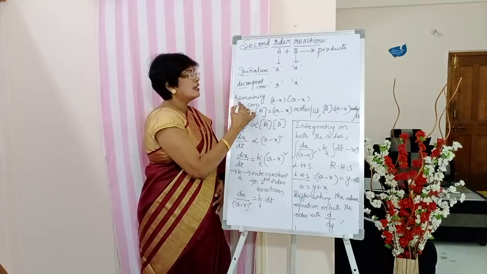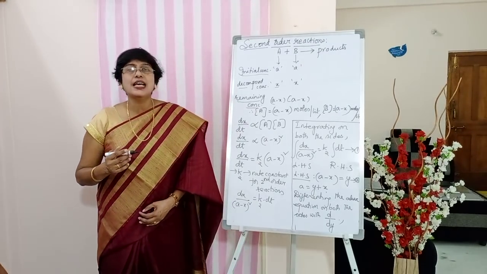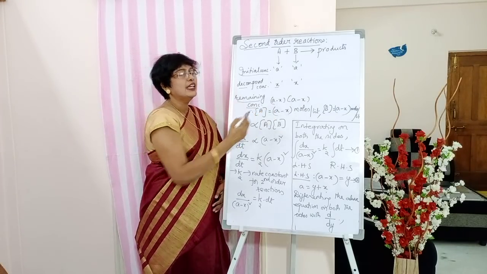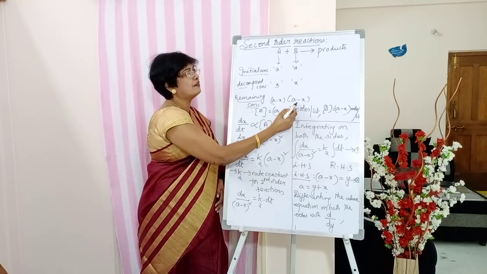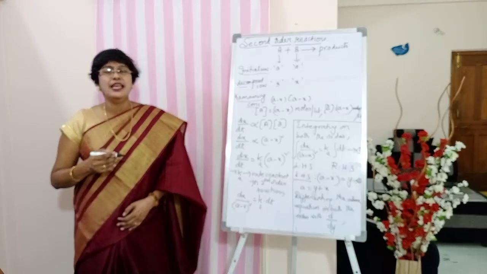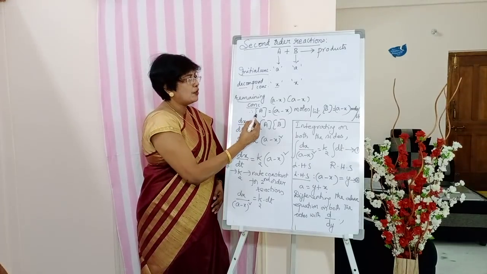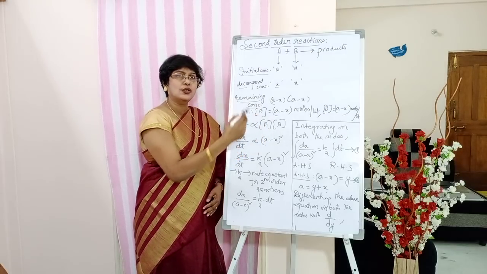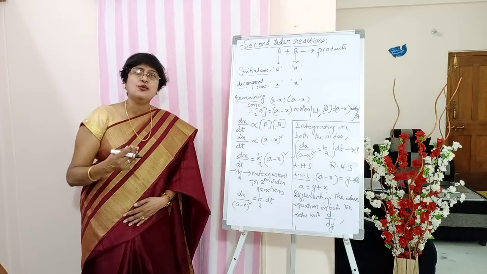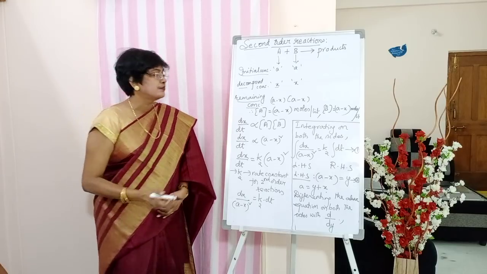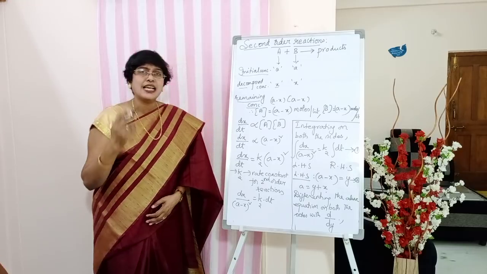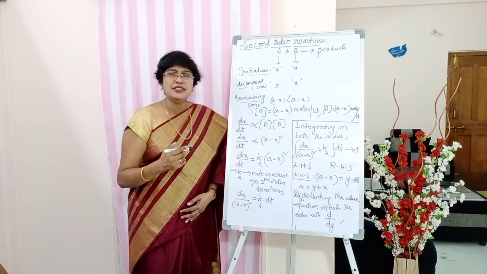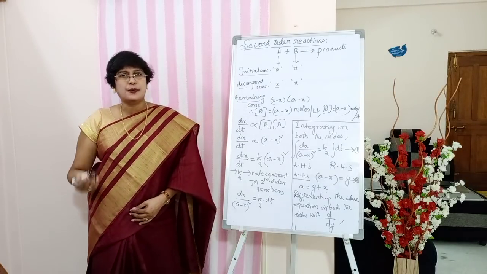Now, what would be the remaining concentration after time t? a minus x. So, remaining concentration of A is a minus x. Remaining concentration of B, below B you can write a minus x. So, concentration of A after time t. Students, I did not write all those in detail. You can please write down while I am reading it out for you. Concentration of A after time t, a minus x moles per liter, and concentration of B after time t, a minus x moles per liter.